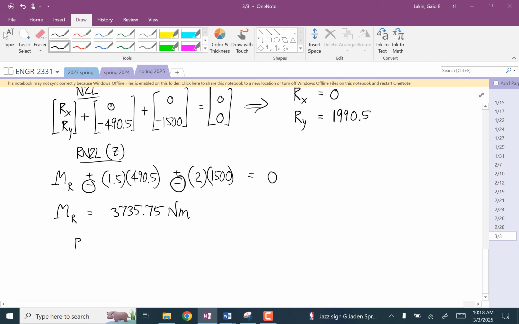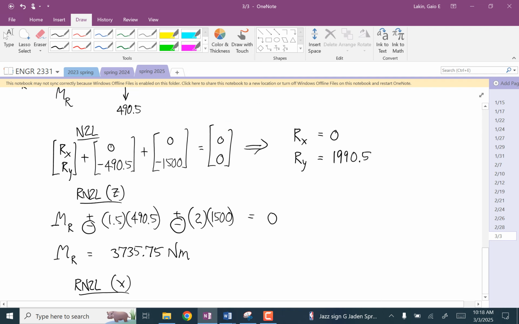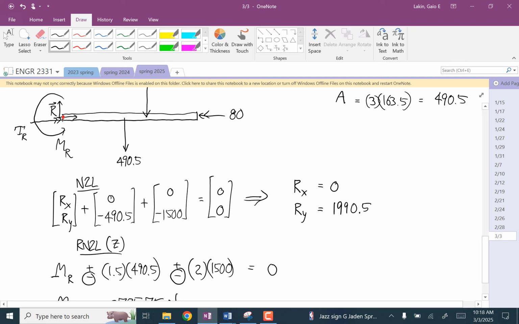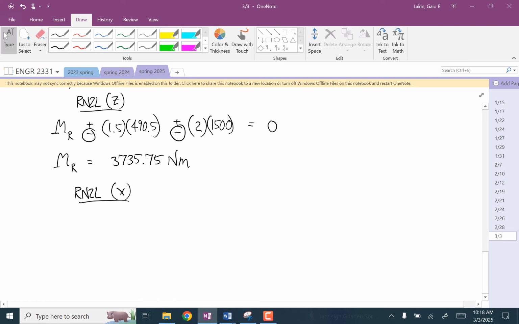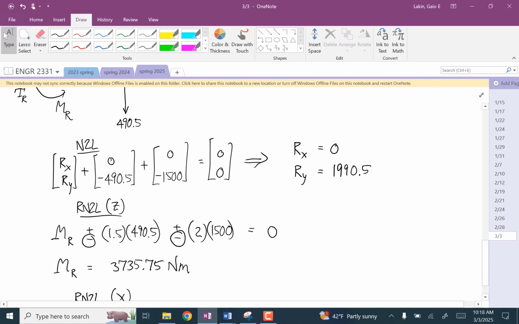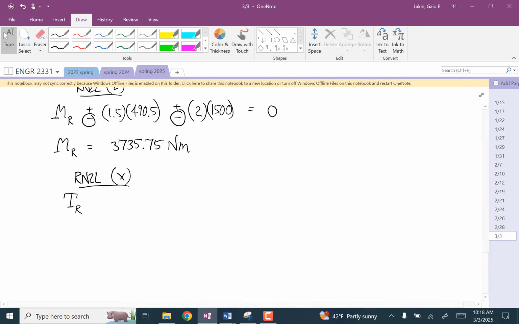And now the moment about the x-axis. We only have that reaction couple TR, and then the 80 going in the negative x direction. So the reaction torque at the wall is positive 80 Newton meters. Okay, so